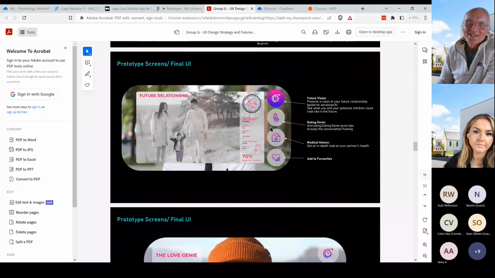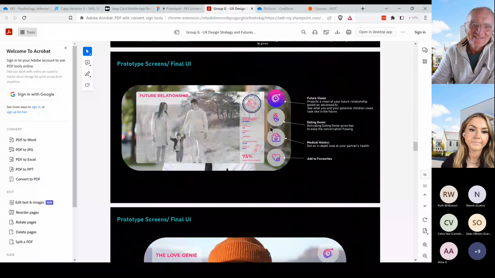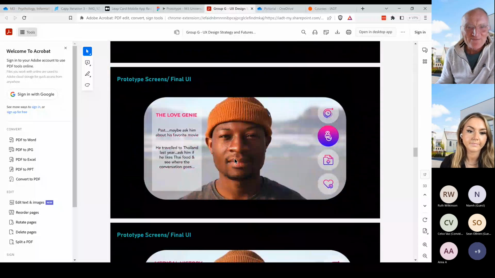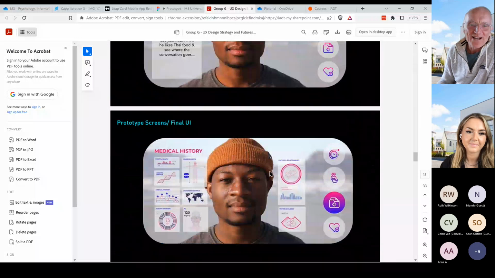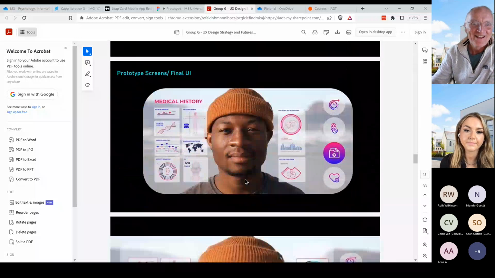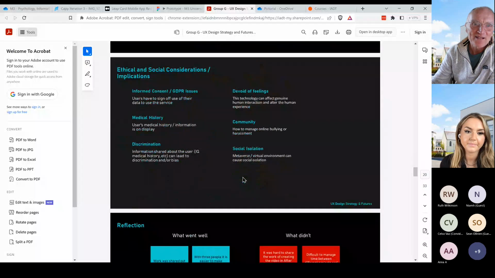And they end up with an app that's incorporating elements of augmented reality and AI, so that when you meet somebody, on your phone, it's telling you all sorts of stuff about them, much more than what will be available at the moment. So you get stuff about their medical history and so on and so forth. And this was basically what they did.